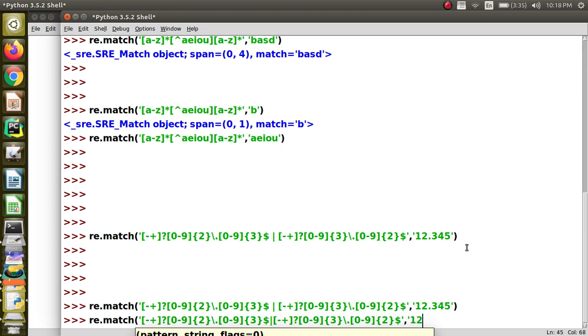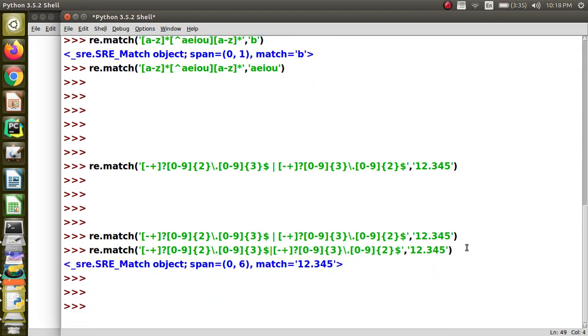Now we are going to check with 12.345. Yes, it matches, right? Sometimes copy paste doesn't work. That's what I observed in the previous lecture. When I copy from PPT into the terminal, sometimes it doesn't work. So I have retyped. So you can see that it matches.